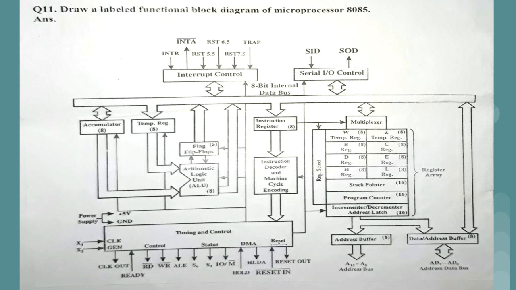And after that we have the incrementer and decrementer address latch. It means with the help of this latch we can increment or decrement the memory location. Again this is 16-bit and is connected to the address bus and data bus. Why? Because the address buffer and data buffer are responsible for carrying the data or address, and that particular address is stored inside the register array. There, to store the address, we use a pair of registers. So this particular diagram is there, and above it we have some new sections added, that is the multiplexer, and the last section, the incrementer and decrementer, which we have not seen in any other diagram.